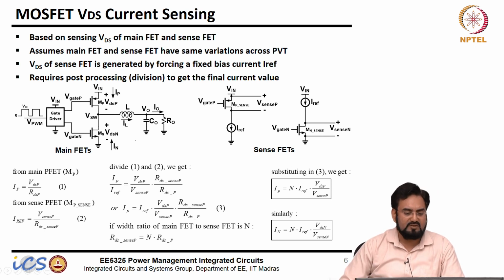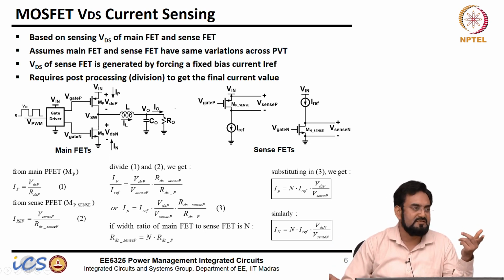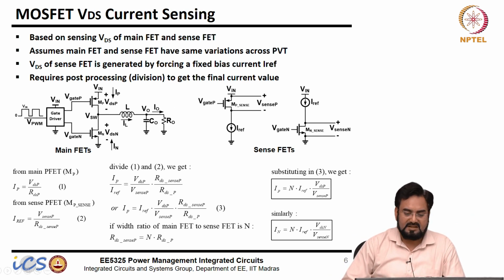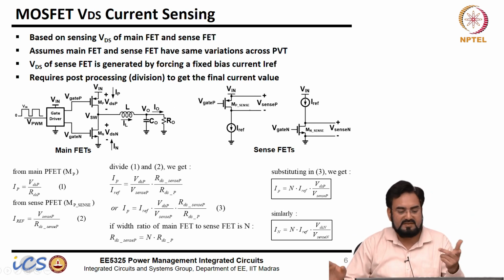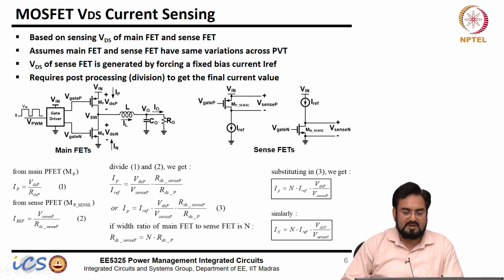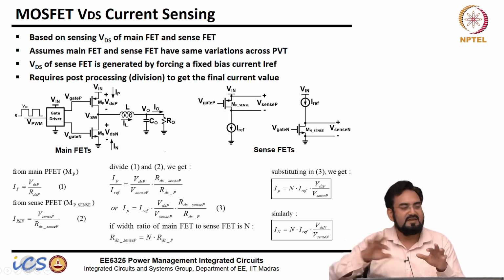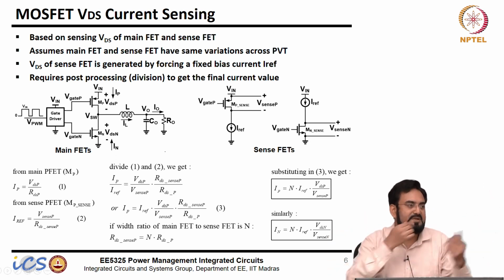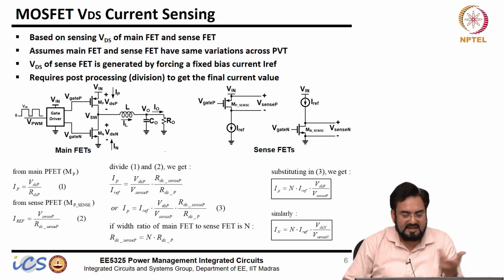Okay, and you can do with a single ADC also. Let's say your ADC is fast enough to convert this analog into digital within one PWM cycle. So in one PWM cycle you can measure this IREF, and in another PWM cycle you can measure this. So at least every alternate cycle you can get the peak current. Okay. So with one ADC you can do it.